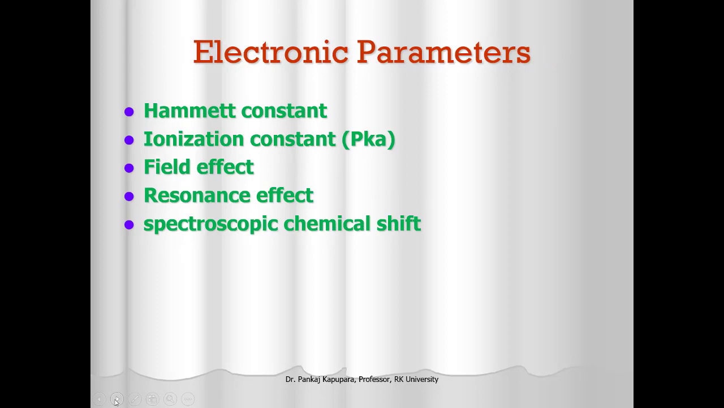Electronic parameters: the Hammett constant is generally used to determine the electronic characters of molecules. Ionization constant, pK value: there are various methods which help in identifying the ionization pK value. Field effect, resonance effect, spectroscopic chemical shift. The delta value again depends on the electronegativity. So the field effect, resonance effect, and the summation of electronic characters can be explained by the delta value in